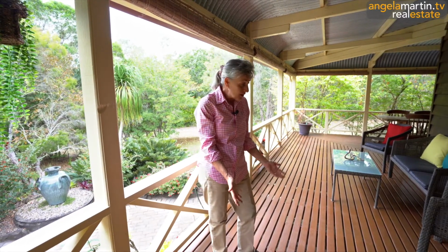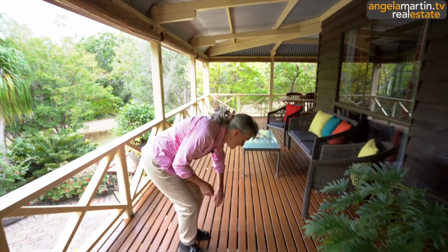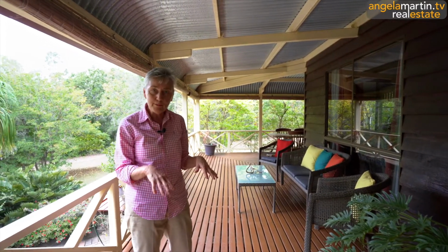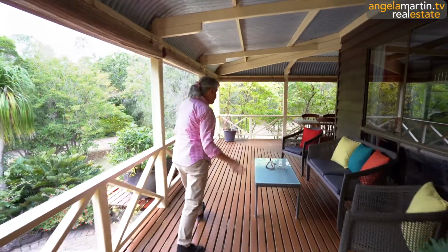And if you look at the decking, again, just to get a sense of how well maintained this property is, spotless, beautifully straight, no warped wood, and of course we've got our western red cedar cladding on the outside. So before we go in,